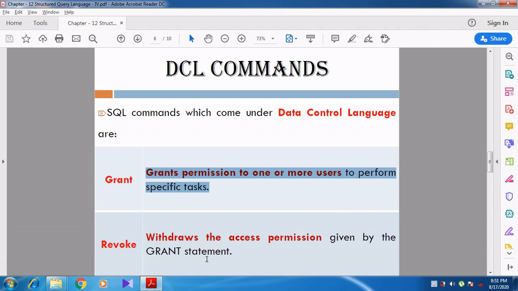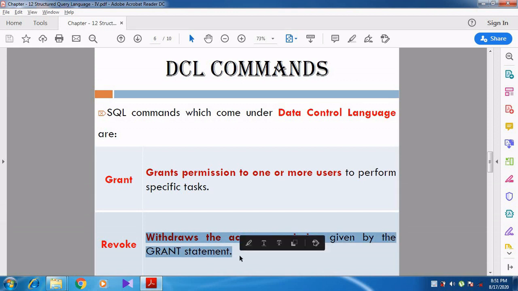Whereas revoke means that after giving the permission, if you want to withdraw the permission given to the user, you get back the access permission given by the grant statement.